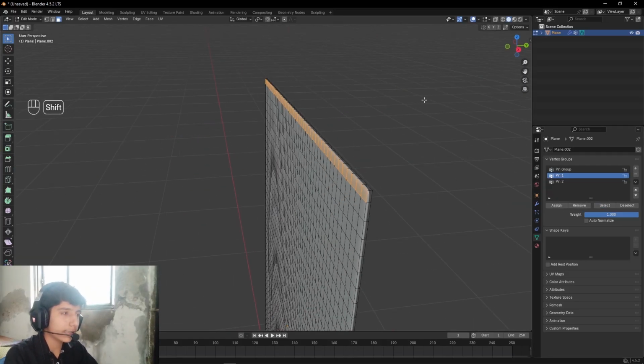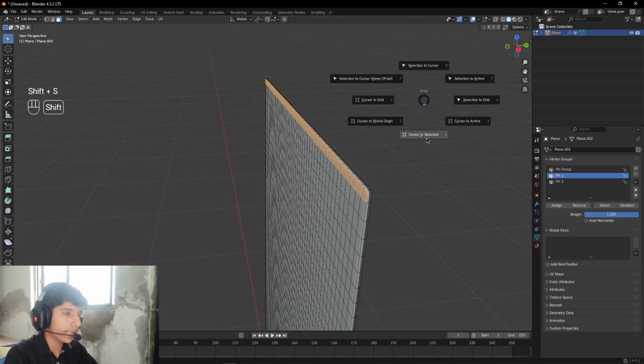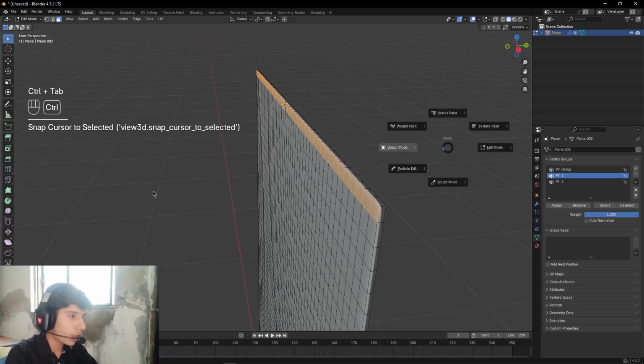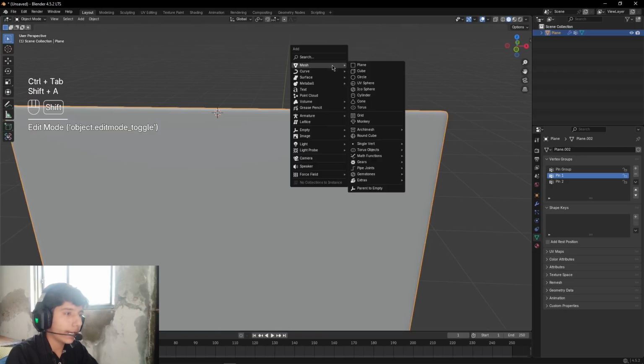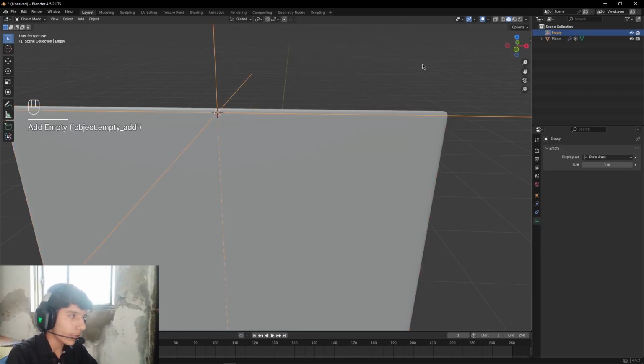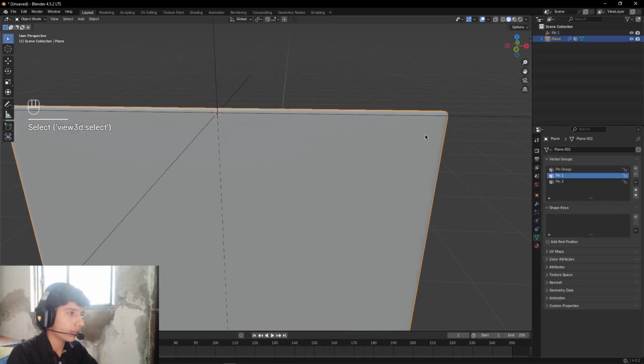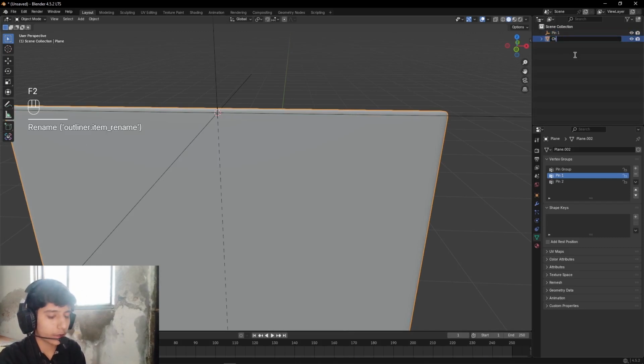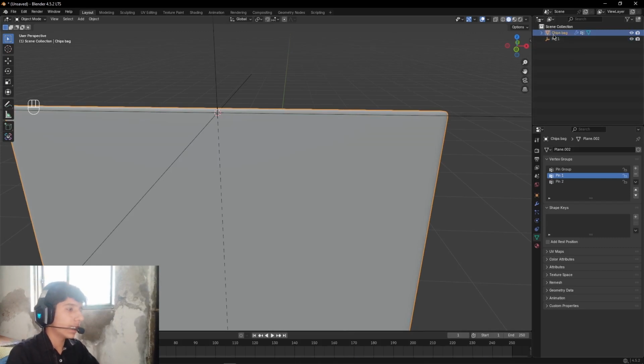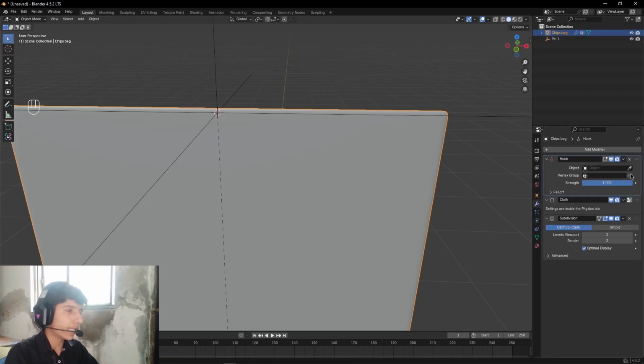Now press Shift plus S and select cursor to selected, come back to object mode, press Shift plus A and add an empty, rename it to pin 1, then select this object, our chips bag, and rename this to chips bag as well and come to the modifiers tab. Now select the pin 1 empty here and under vertex group select the pin 1 vertex group, then select this